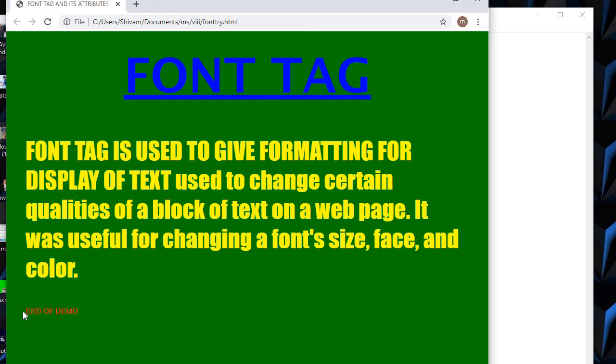So this end of demo has the red color defined in the body tag. Yellow color was defined in one font tag, the blue color, size and font face were defined in another font. Font and slash font were given again for this paragraph. The end of demo line comes outside any font tag, so there was no application of the font tag at all. Okay children, so this is how we do the font tag.